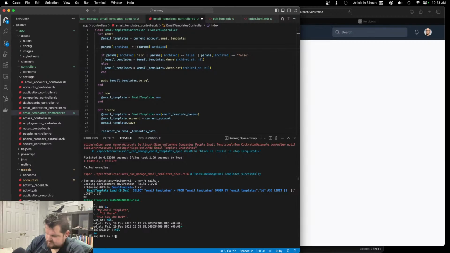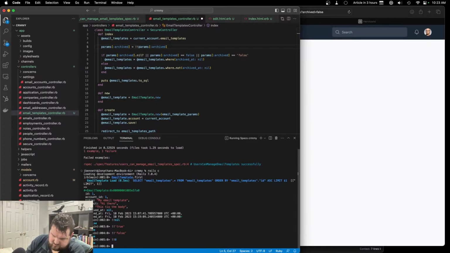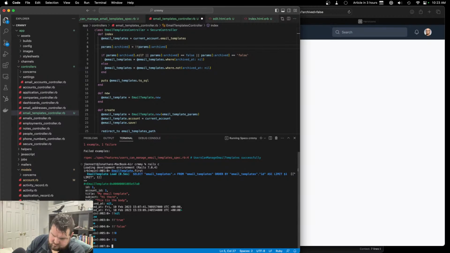If I do not true, that's going to be true. If I do not false, that's going to be true. If I do not 0, it's true. No, so you know what, I'm just going to at least extract this logic into one place. So if I grab this, params not nil, or params archive false, or params archive false, then